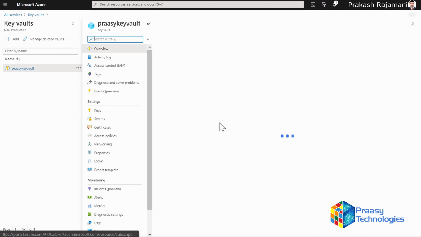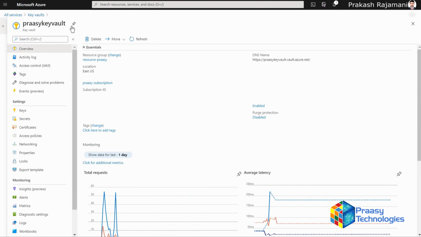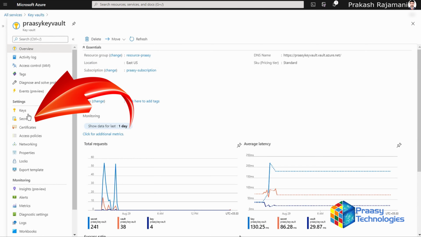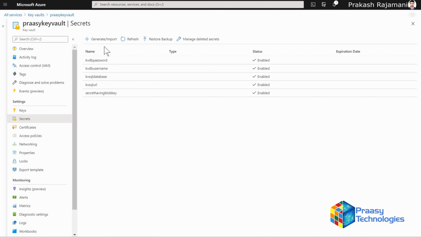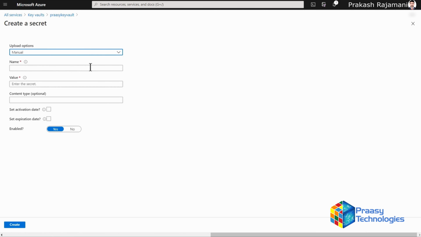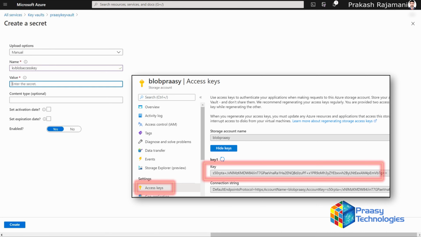Click on it. This opens up into a new window under which on the left pane you can see the secrets. Select on that. Now click on generate and enter the secret name followed by the access key of the blob into the value section.